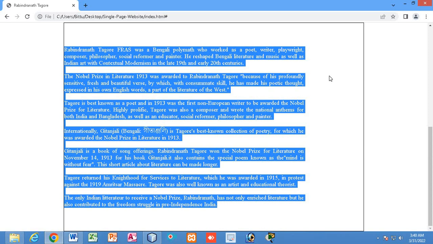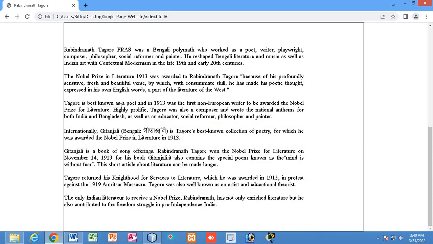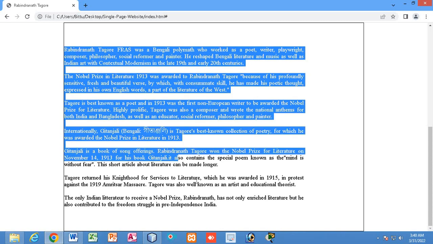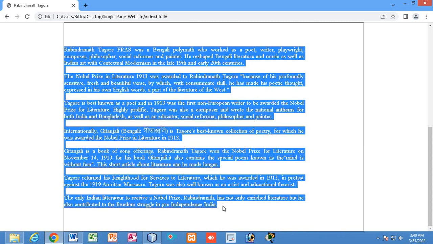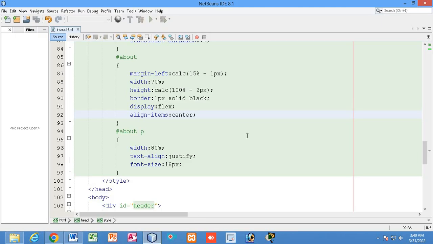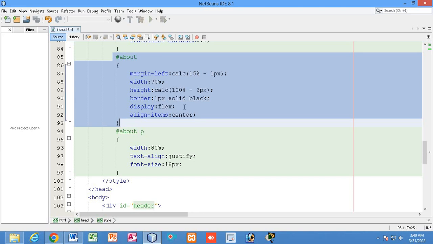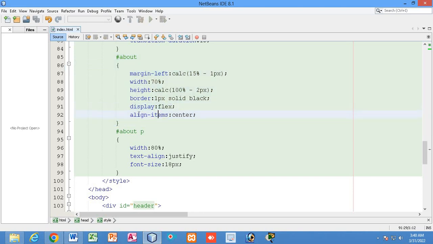So whatever content I keep inside this about div will be aligned at the vertical center. Why? Because inside the about us I have written display flex and align items center. This will make it align at the vertical center.